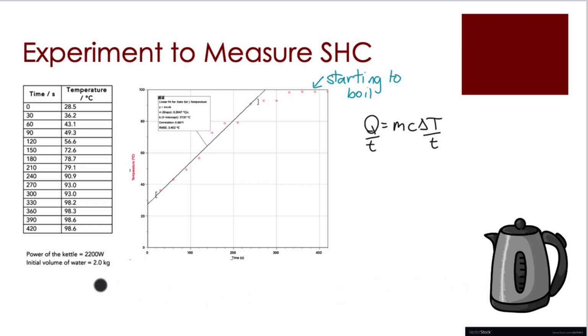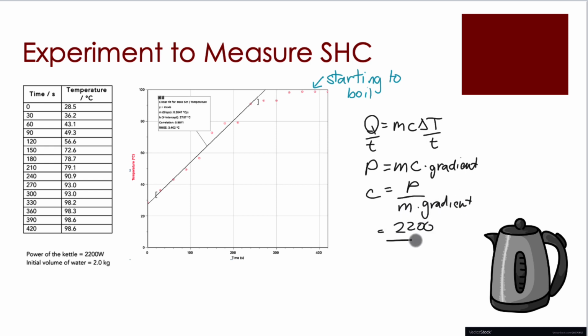Now, my kettle, you can see here, it's usually written on the bottom, or you could go and find other ways to make this more exact, but my power on the bottom of my kettle said 2,200 watts. The mass in this case has to be the mass of the thing that's undergoing the temperature change, so that would be my volume of water, and I had 2 liters. That would be 2 kilograms for a mass. And again, we can rearrange this. Power, mass, C, and I'll write the word gradient so we don't get confused. C is going to be my power over the mass times the gradient,